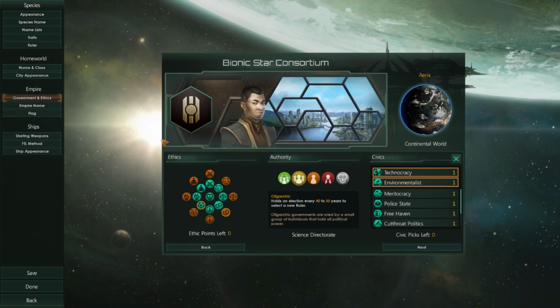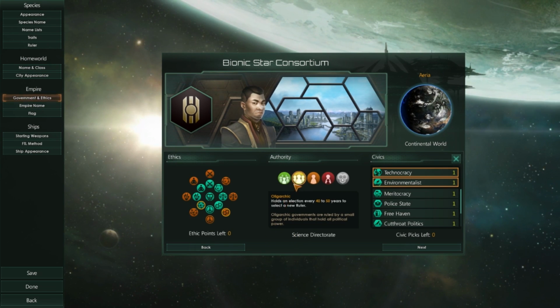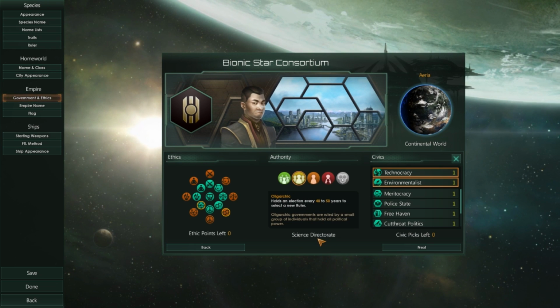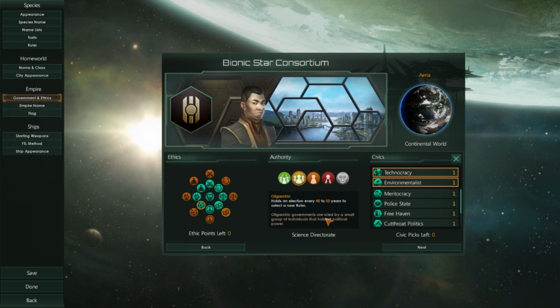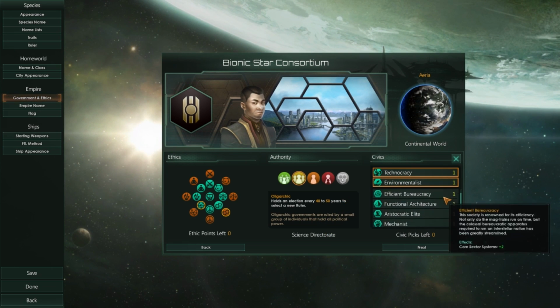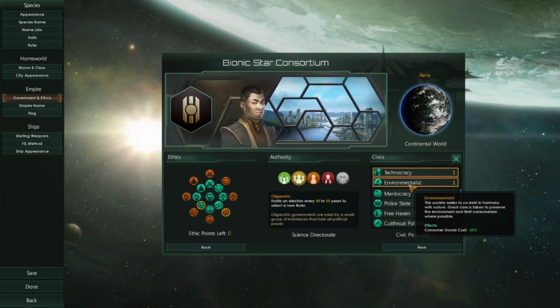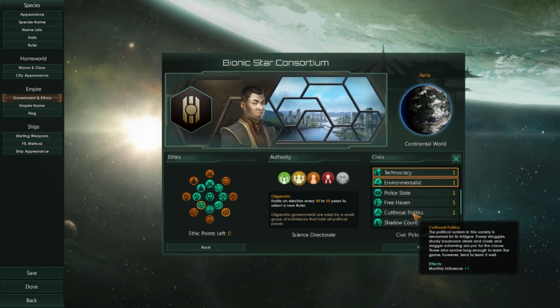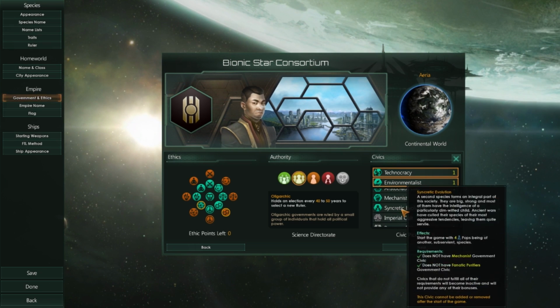Let's take a look at one of the changes that they've had. So they have an oligarch system. Typically what happens is I have like an enduring species or a venerable species, I picked this up, but this is the coolest thing, another cool thing they've changed here. So you can actually pick up a bunch of really cool new traits: cutthroat politics, shadow council, functional architecture, mechanics,